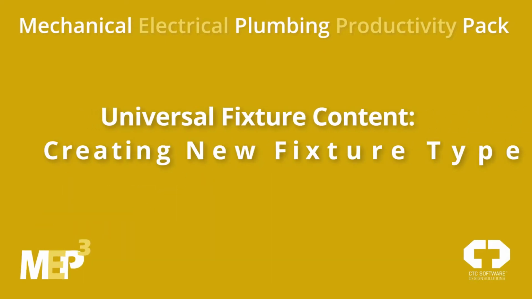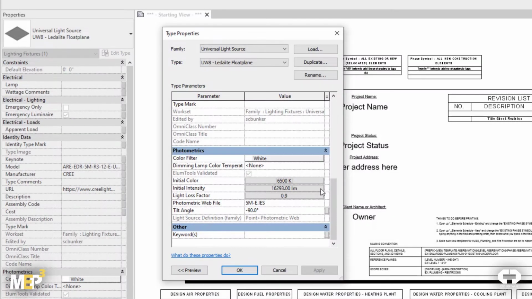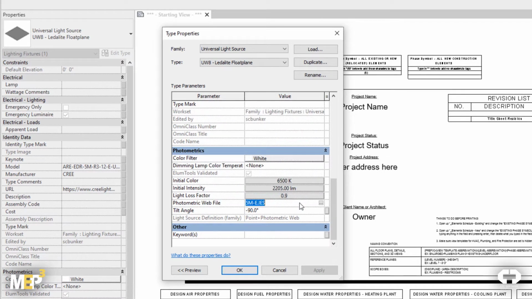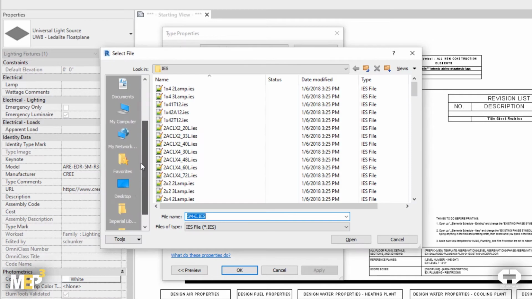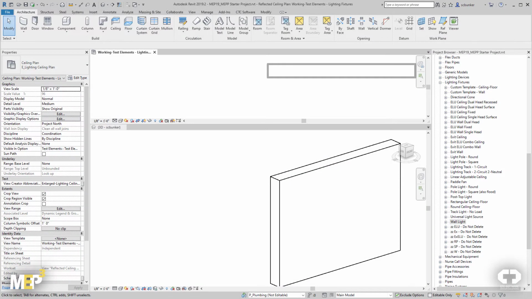This is part 2 of a 4-part video series on creating new lighting fixture types using the Productivity Pack's universal fixture content. In part 1, we learned how to create a new universal light source. If you need to use photometric features within Revit, be sure to watch part 1 before continuing this video. In this video, we will learn how to create a new lighting fixture type and configure its geometry and mounting